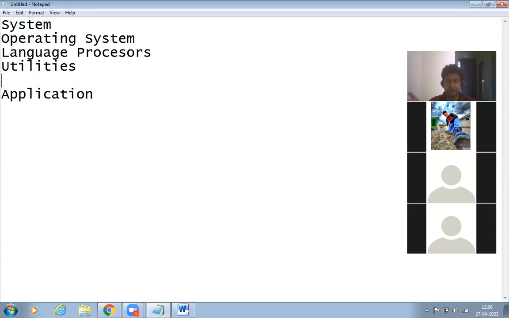There are different operating systems available in the market, for example Mac, Windows 10, Windows 7, Windows 98, or in the case of mobile phones, Windows, Android, and iOS. Different types of operating systems are available according to the device.